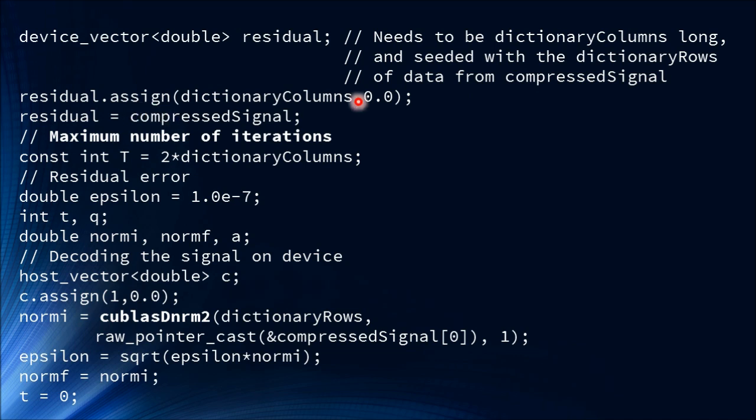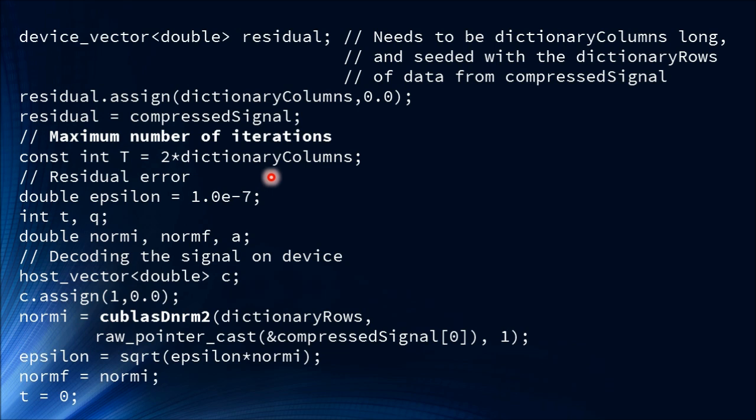So here we assign residual to dictionary columns of zeros, but then fill it with this smaller data, which we know does not release the allocation on the extra data, merely fills the first lump of it with compressed signal. And then there's an empirical bit here about how many iterations you should go before you give up.